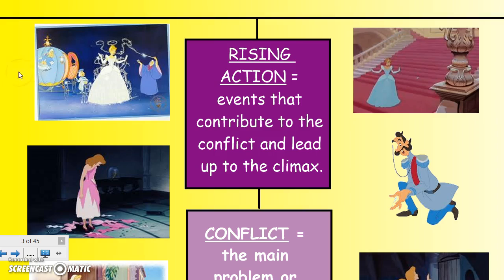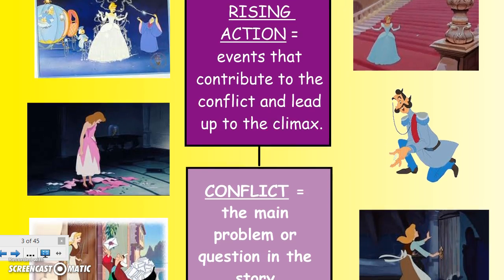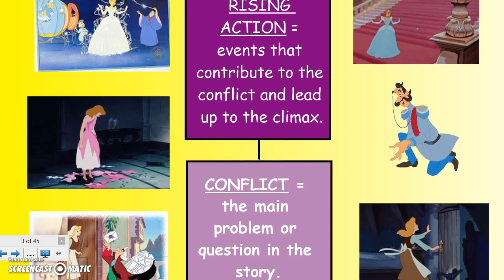The rising action in the story are events that contribute to the conflict and lead up to the climax. And the conflict is the main problem or question in the story. So the conflict in Cinderella is that she wants to be able to go to the ball but is not able to. So some of the events that contribute to the conflict and lead up to the climax are